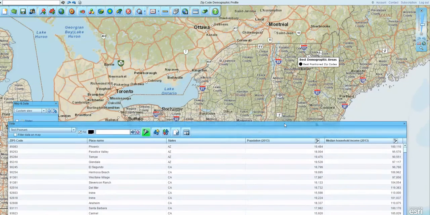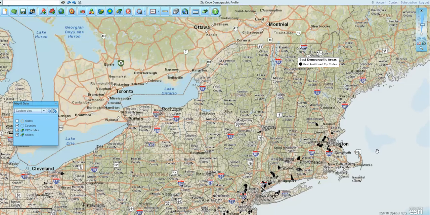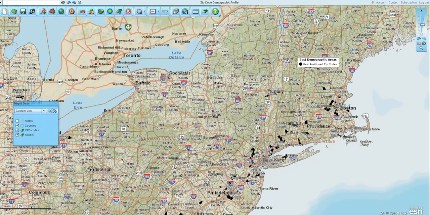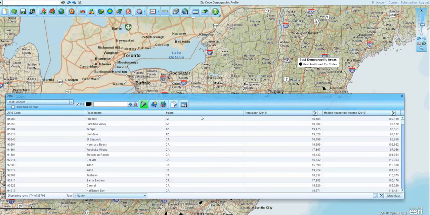I have decided to create a profile across the country of zip codes that might be the best areas to set up our business ABC, based on a demographic profile. So what I did was, within the data window view, I created a zip code, overall zip code. You can see I took the overall zip codes and I added median income and population to my zip code